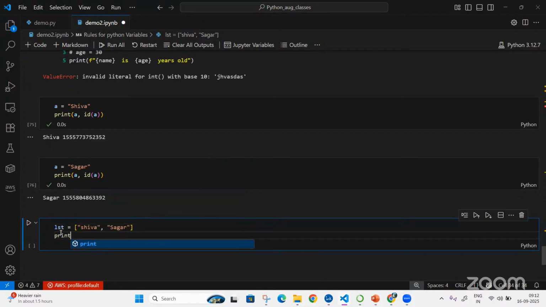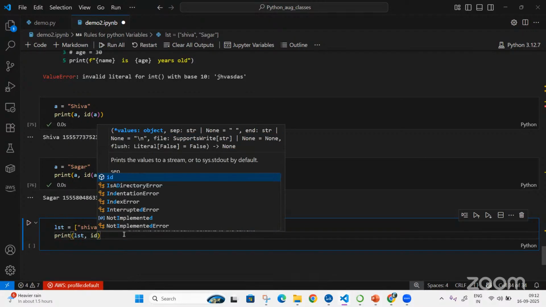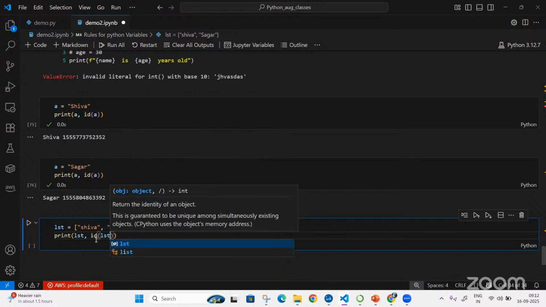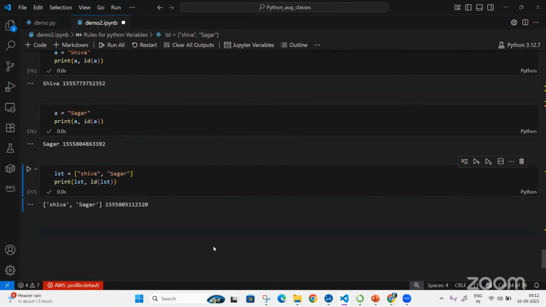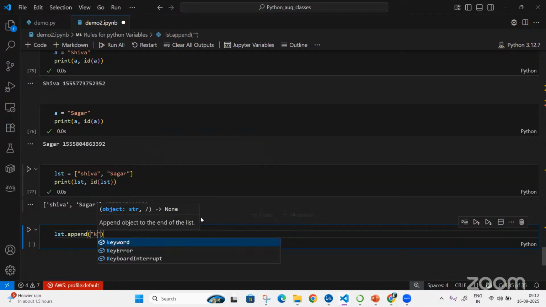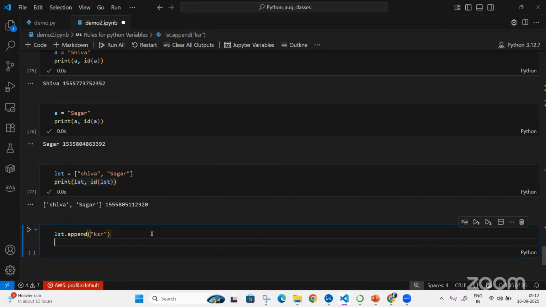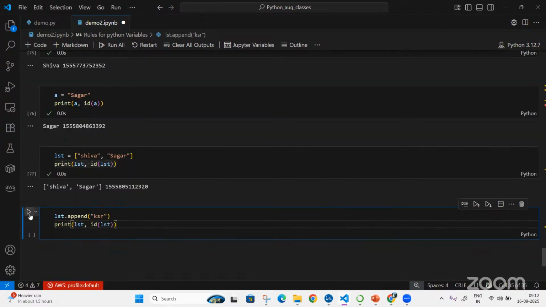Print of LST, comma, ID of LST, I'm executing this. You're getting some ID. This will all come back again. Okay, don't worry.